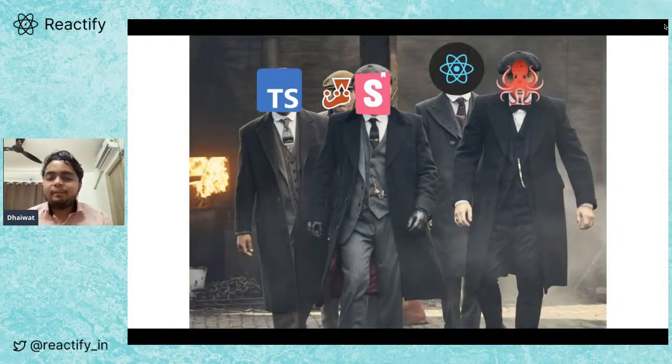So today I'll be giving you a short code example in which we'll be using these tools. Starting from the left, we have TypeScript, which I'm sure you know. Then there is Jest, Storybook, React, and Testing Library. Now let me introduce you to Storybook and Testing Library, since I guess not all people have heard of them.